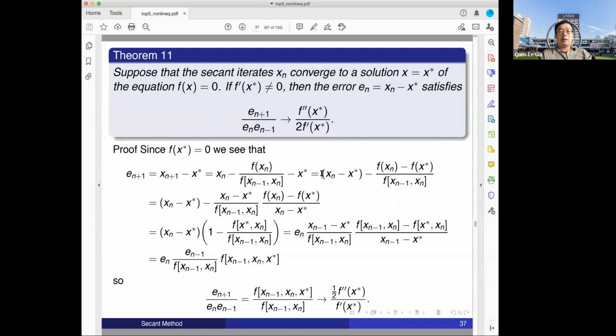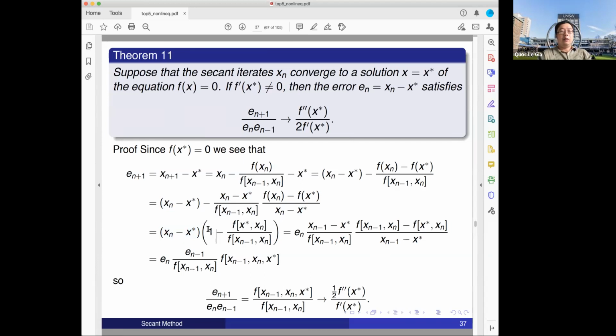So now I make this one the same, I just keep xn minus x star the same. But for the second term, I multiply and divide by xn minus x star. So now I have xn minus x star as the common term, so I can take it out as a common factor right here. Then inside, I just have